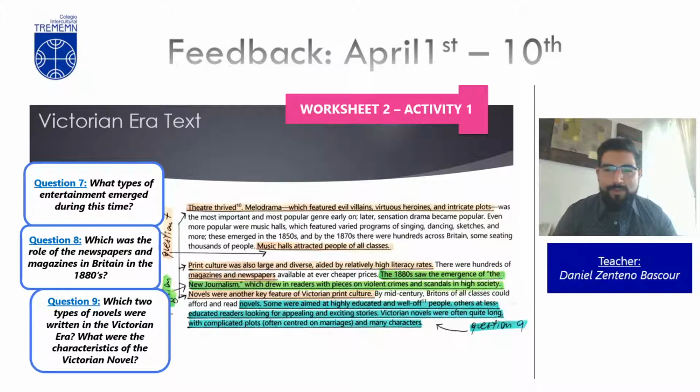But well, whatever. The characteristics of the Victorian novel were three, and these were that they were actually quite long, with complicated plots, often centered on marriages, and they had many characters. These are the characteristics. Well, you may know that the text had three more questions, 10, 11, and 12, but